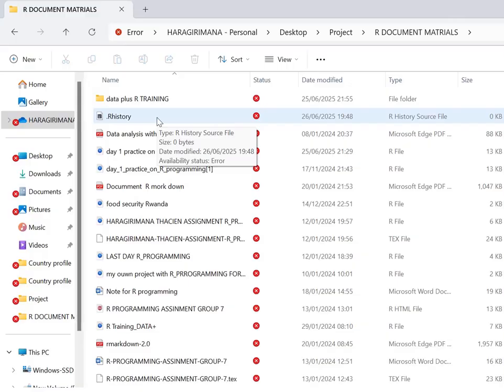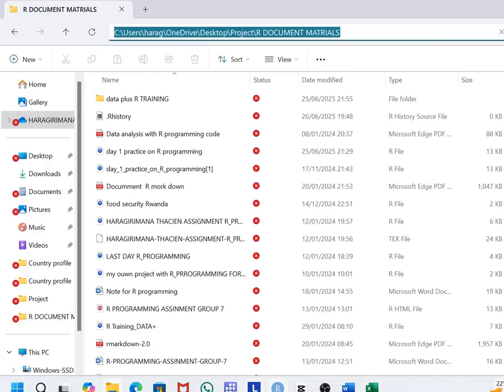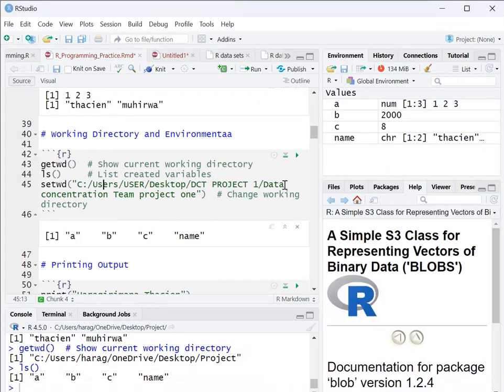So everything I need to save about my project will be saved in that directory by default, unless I change the directory. To get it, I can click on this above, and I will see the location of my folder. I copy it, Control C, and come back to R. Because I want to set the working directory, I will remove this,